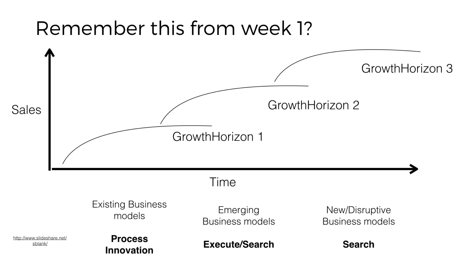All right, cool. So why is this important? You guys remember this from week 1? I talked about this. Maybe. Existing business models are in the left-hand corner, and new and disruptive in the left-hand bottom corner. And new and disruptive business models are in the right-hand corner on the top. Steve Blank, Eric Ries, all these guys say that that's actually a search for a new business model. So you're actually hunting for something, you're looking for something. And the most effective way to do that is with some sort of scientific method that validates your learning.